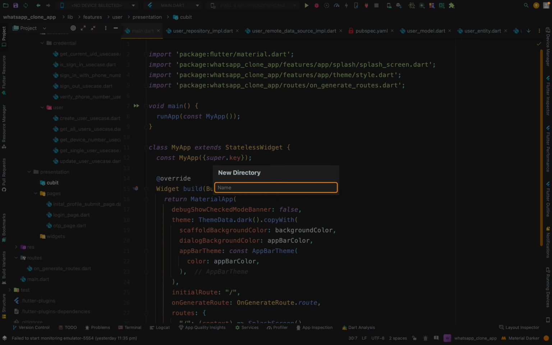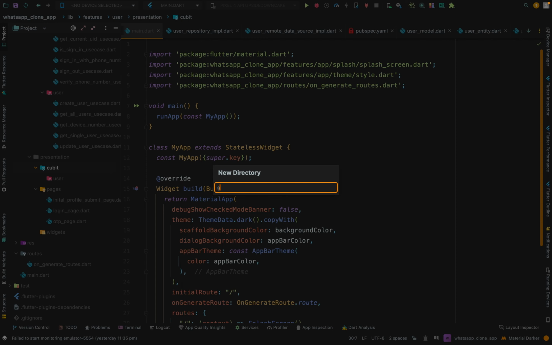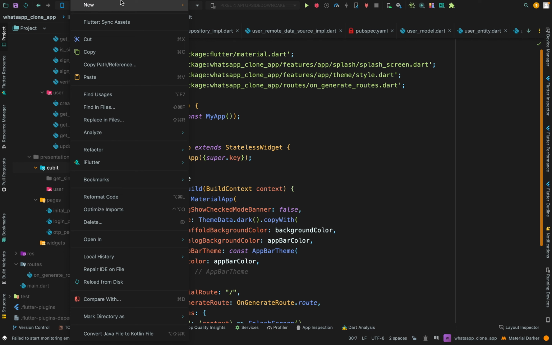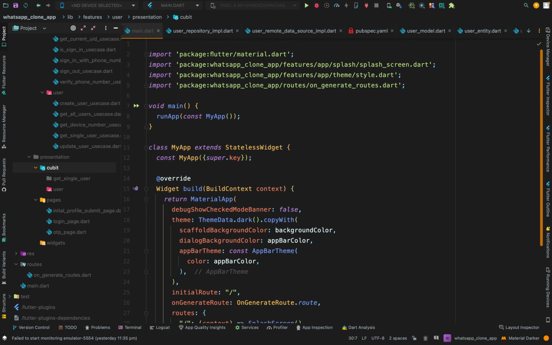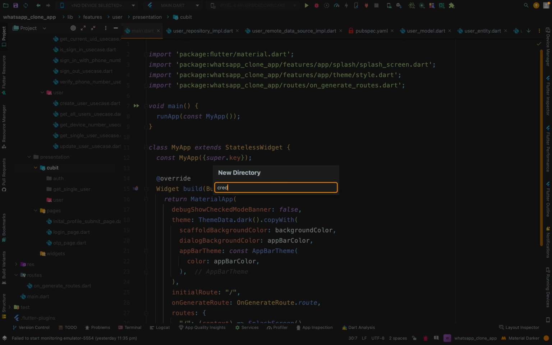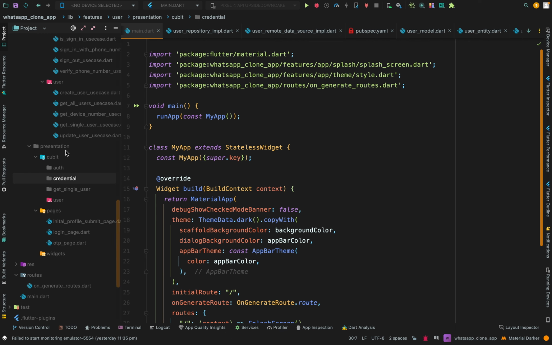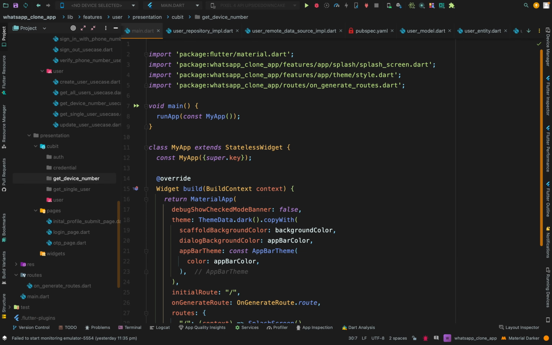We will name it user, and one more directory, name it get single user, and also create one more directory, name it auth, and go for one more directory, credential, and lastly the get device number, to keep everything separated,